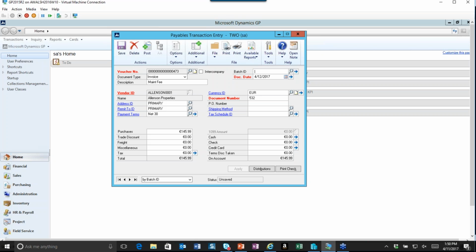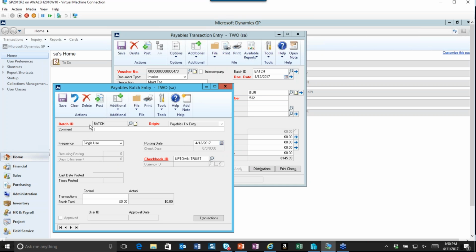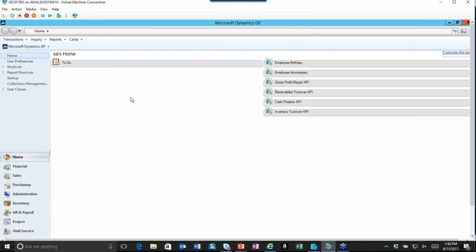Well, I'm going to add it to that. Okay. So, and that's it. And pretty much the same thing over in receivables management. Whenever you go to add in a particular,